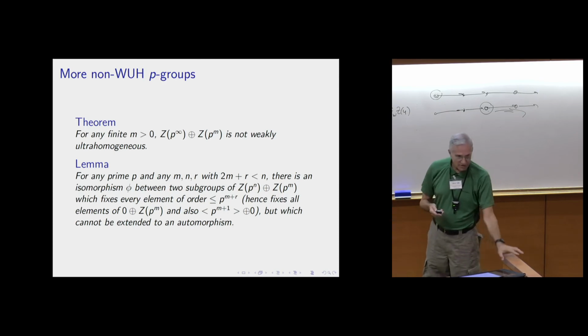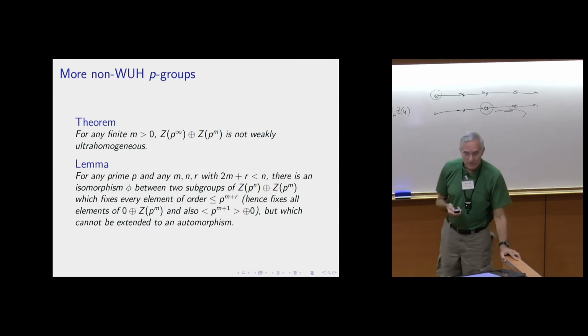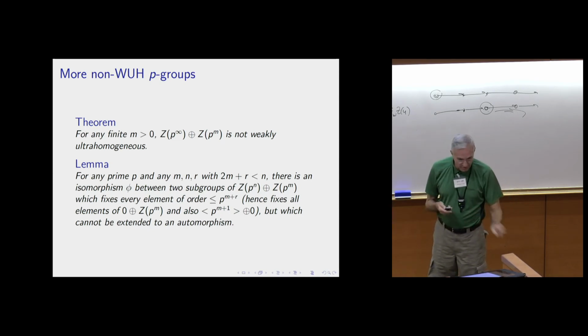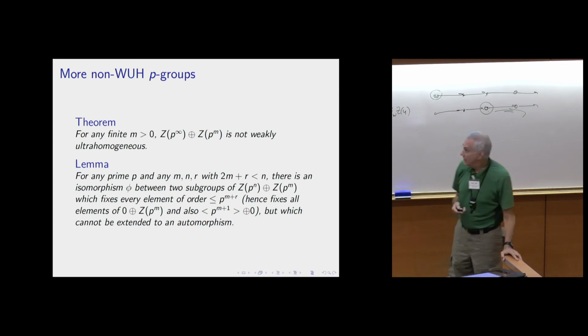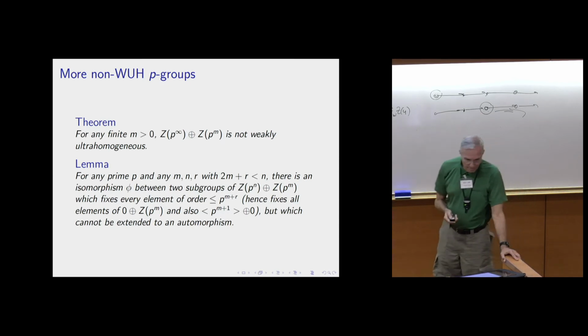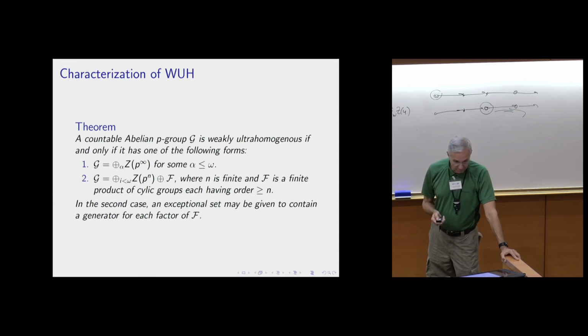There's some little technical calculations there to see how high up you have to go in the divisible group to find the element that you can match up with the cyclic part to get something that cannot be extended. Okay, so those were really not expected. We didn't expect this to be true, but that's how it turned out.